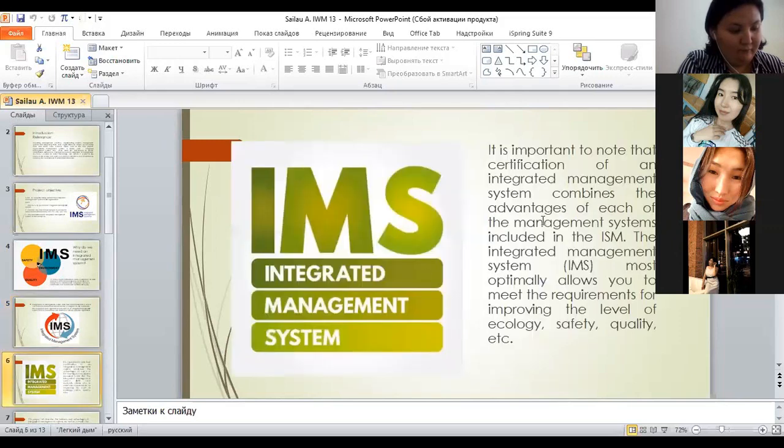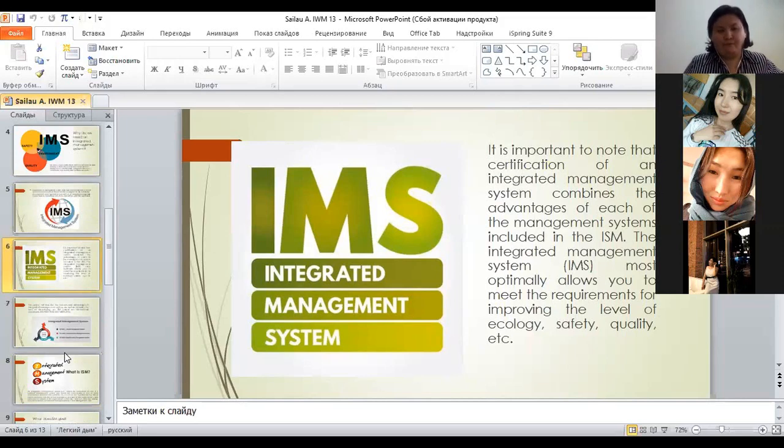It is important to note that certification of an integrated management system combines the advantages of each of the management systems included in the IMS. The integrated management system most optimally allows you to meet the requirements for improving the level of quality